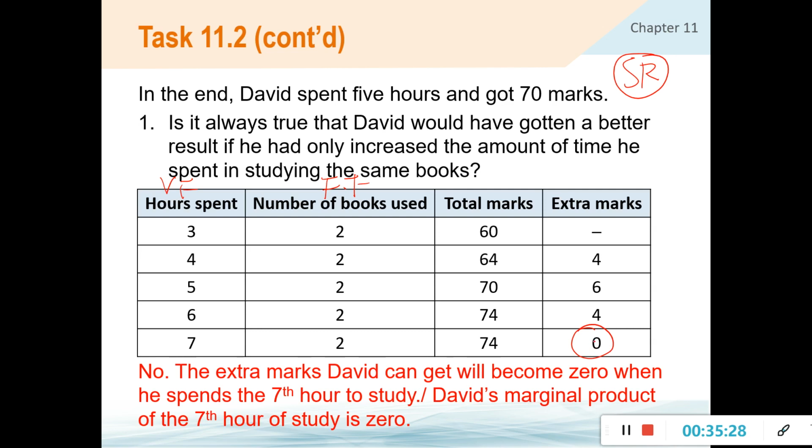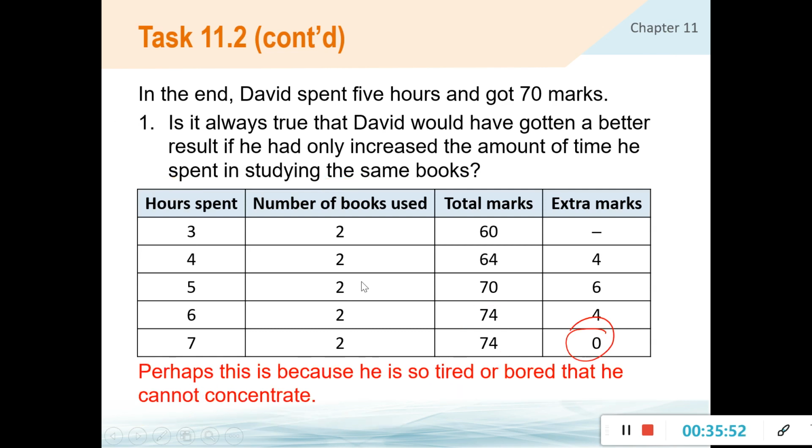Okay, the extra mark will be 0. That means the total marks of David do not change. OK，咁你見到就冇轉到咯，其實得唔得？咁所以你可以見到，如果一路用同兩本書去做嘅話，其實就算你 spend 多啲 hours，有機會佢都未必可以增加到佢個分數啦。